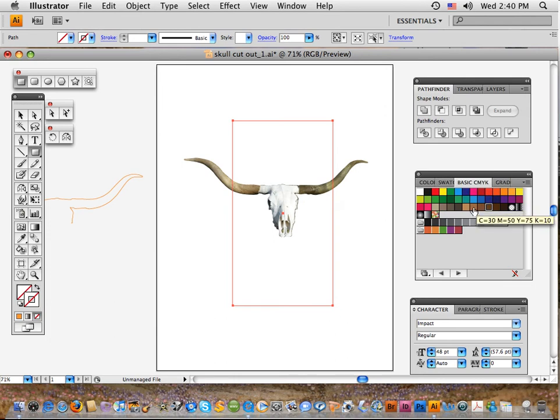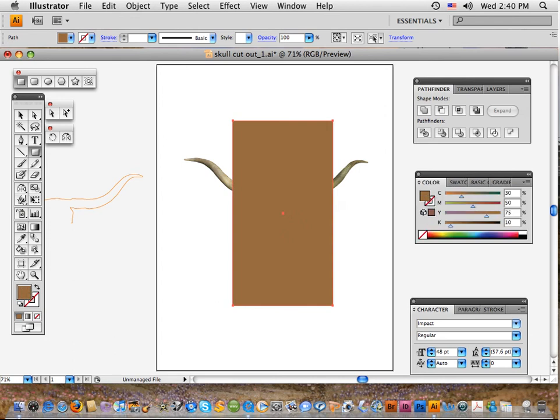Let's take this light tan, and it came in as a stroke. I'll change it to a fill. Now it's in front, so Command Shift left bracket, and now you can see it's behind it. So you can begin to add any number of other shapes or lettering or stuff that you think is important in this